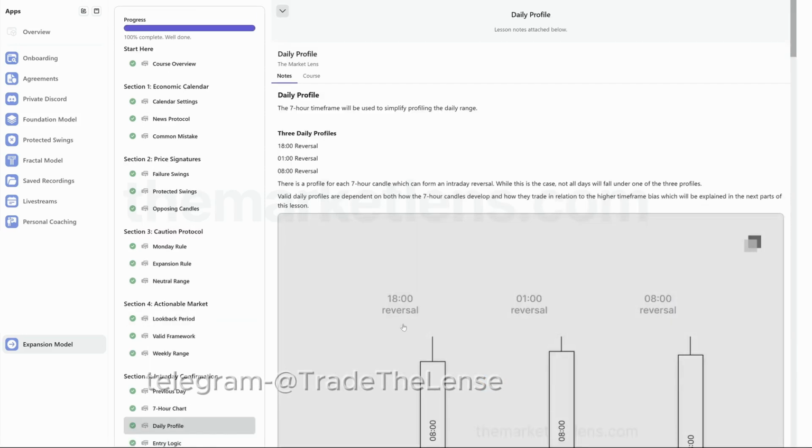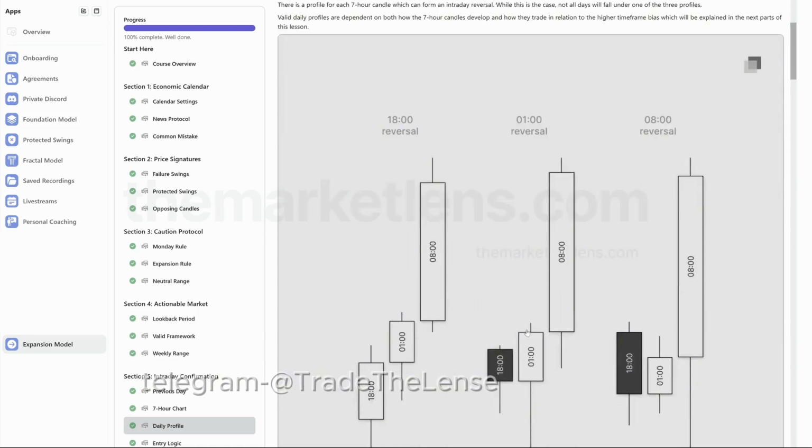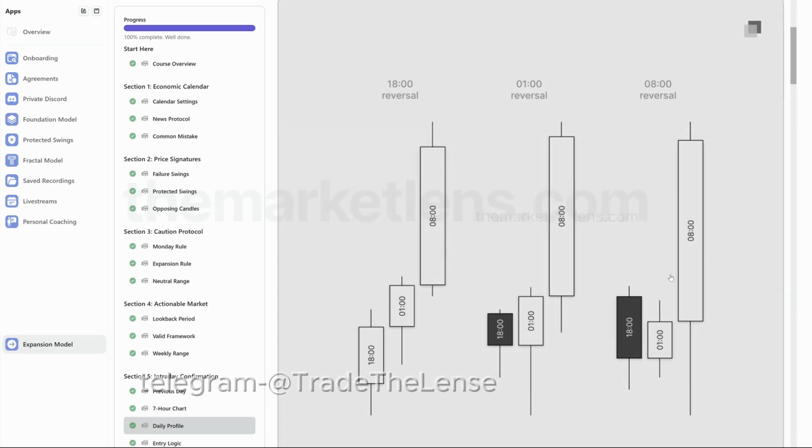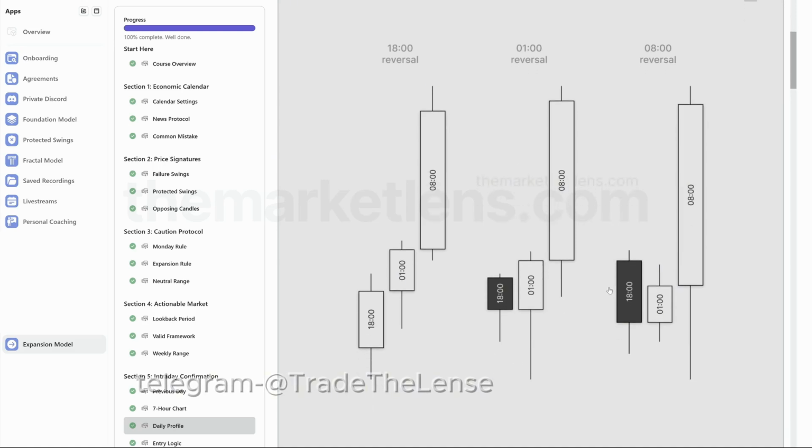For this section, the daily profile. There's pretty much a daily profile for each of those candles to form a reversal, but it has to do it in a certain way alongside what your bias is to be valid. So for this here, you have an 18 reversal. This is that profile that can be traded. There is a 1 o'clock reversal, which is pretty classic, a London reversal, continuation here. And then there's a New York reversal, the 8 o'clock candle, which makes a low when bullish, a high when bearish. These are the 3 profiles that we would be looking for alongside